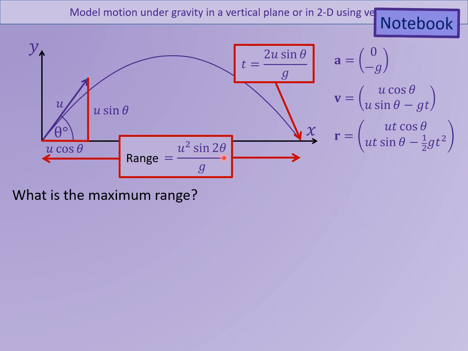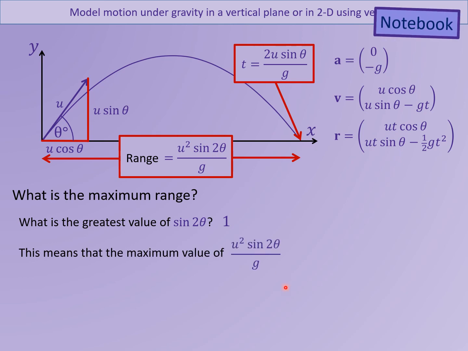It doesn't matter what value of theta you put in, once you do sine of it, you are only going to get values between 1 and minus 1. So if I want to work out the maximum range, the very greatest value of it, this sine 2 theta is going to limit us. We can't get any bigger than 1 out of sine 2 theta. U squared we can make as big as we like. G is limited with gravity, it's 9.8, but this part just here is only going to equal 1. So the very maximum value of our range is always u squared over g. Okay, so that's the maximum